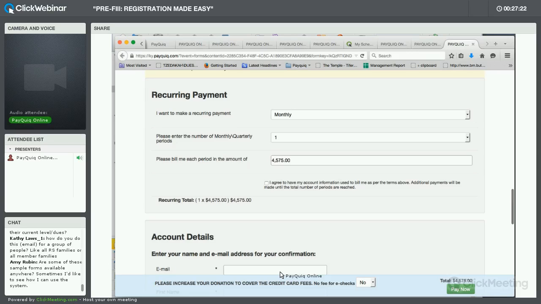Let me go back to a few questions. How do you do this for a group of people like RS families or for all family members? Well, let's say you only wanted to do one group. You could do it a couple of different ways. Number one, you could put them all in one spreadsheet, so it doesn't really matter. Or you could do it in segments. You could have the religious school families, send those out, and maybe a few weeks later, augment that and send out